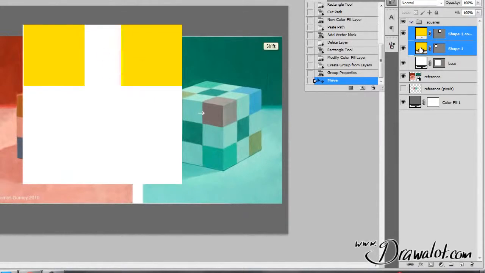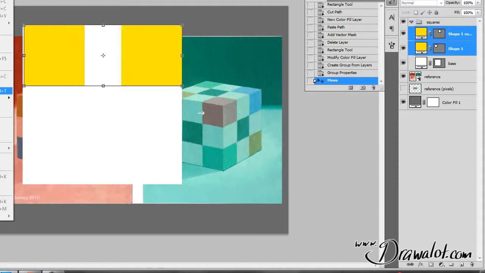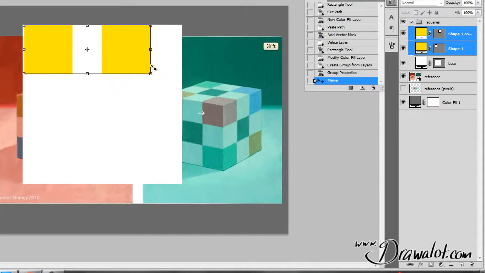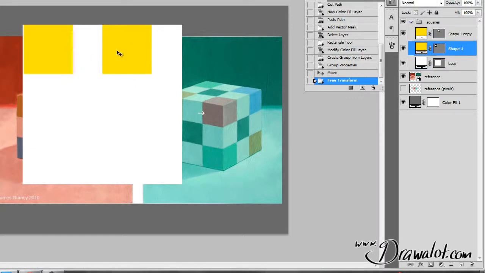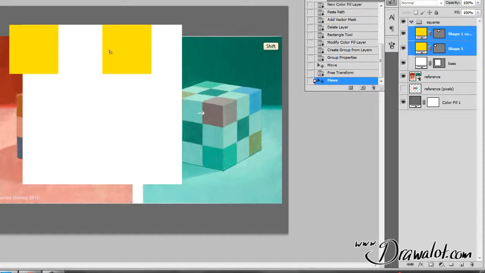So I'm going to grab both of those yellows, Shift select 2 yellows, Control T, or Edit, Transform, Free Transform, hold down the Shift key, and let's see if we can get them to be actually 1/9. Hit Enter, then select one of those squares, Shift select both,